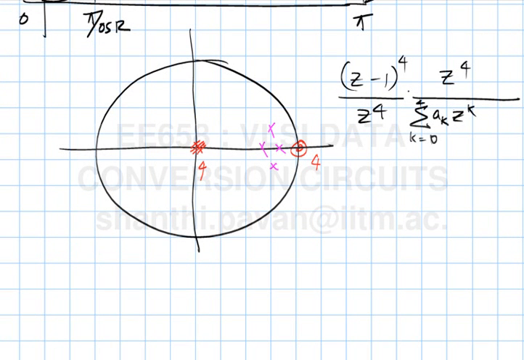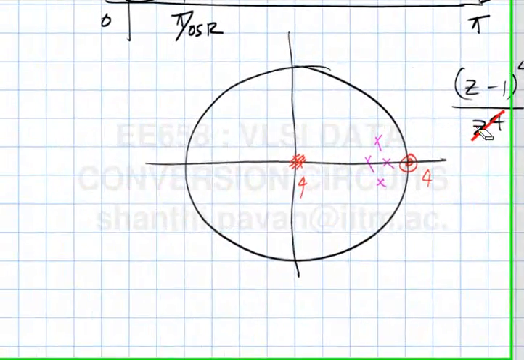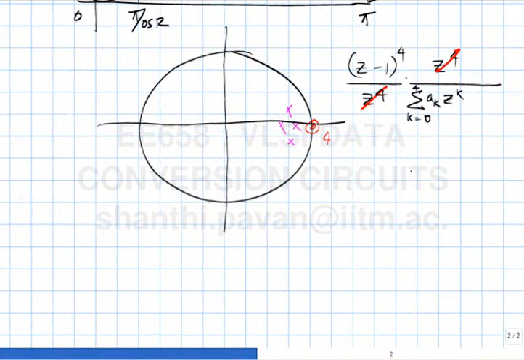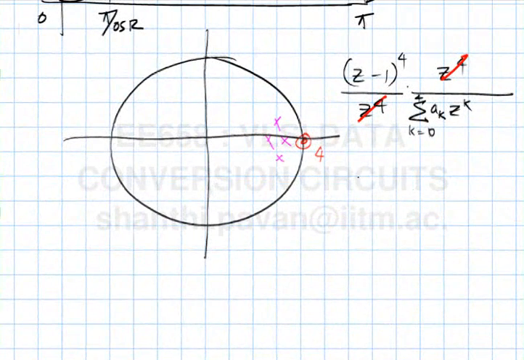So this goes away, and you are now left with a pole zero constellation of this form. You can equivalently think of moving all the poles from the origin to somewhere close to the z equal to 1 point. In other words, multiply the numerator and denominator by z inverse whole to the power 4, then I will get a modified noise transfer function of the form 1 minus z inverse whole to the power 4